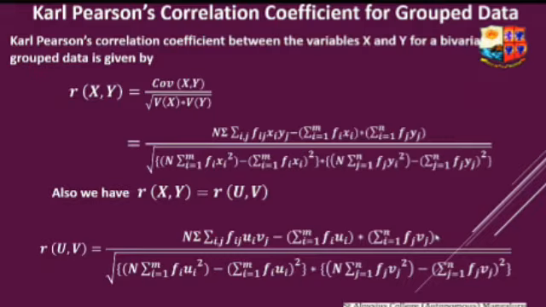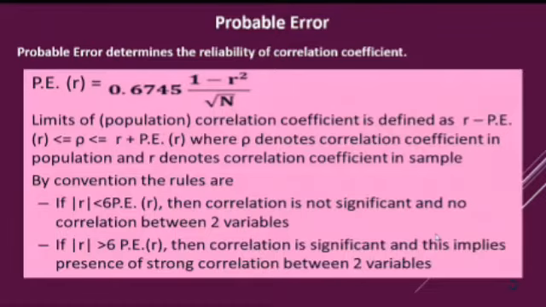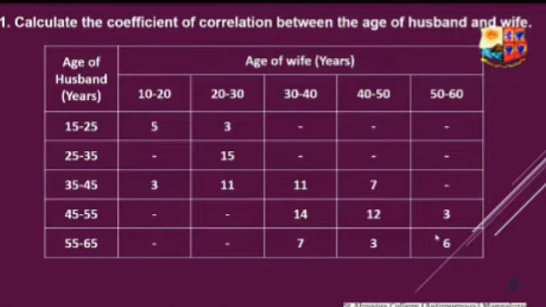Okay, let me explain one problem clearly. Now you have a table like this, x and y. Remember one thing: since the correlation coefficient is unaltered by change of the variables, you can take any value as x and any value as y. No problem at all. Your Rxy is equivalent to Ryx. That concept you also know, so no problem at all.